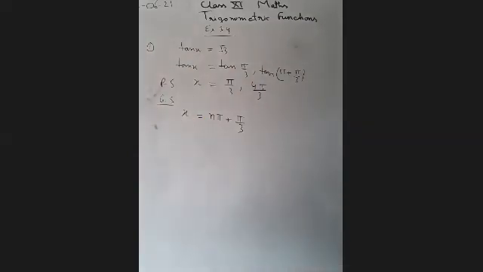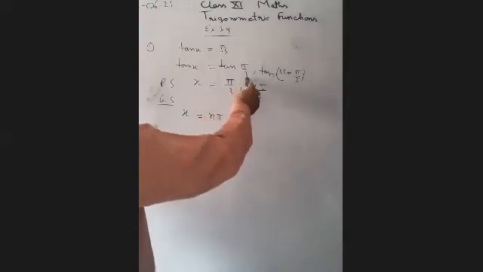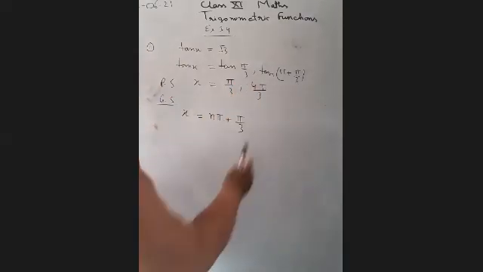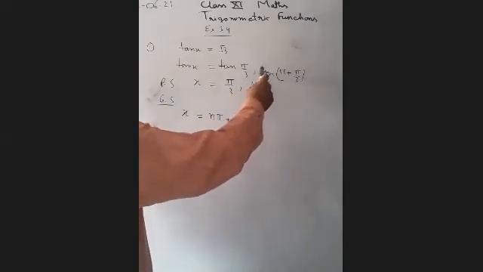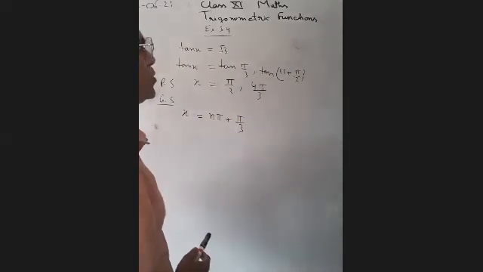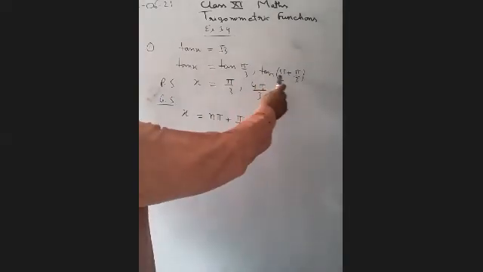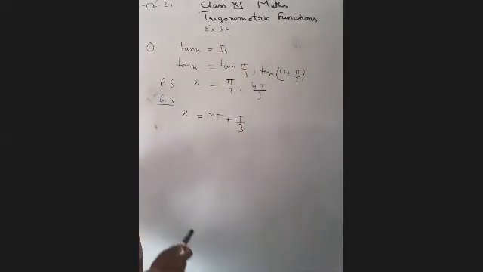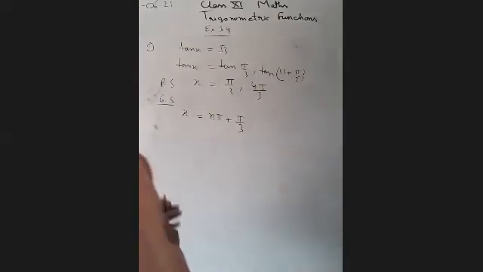ये है आपका principal solution. देखो, see again, first of all tan x is equal to √3 they have given you. So you have to find this is the value of which degree, है ना? That is the value of tan 60 degree. So we have converted into pi by 3. So tan 60 is equal to √3, but it will be also 180 plus 60, यानी कि it will be equal to 240. So value of tan 240 will be also √3. So first of all, you have to take care of the sign.